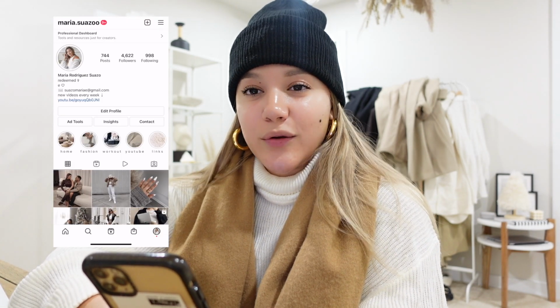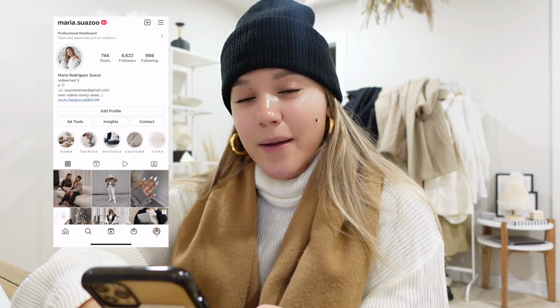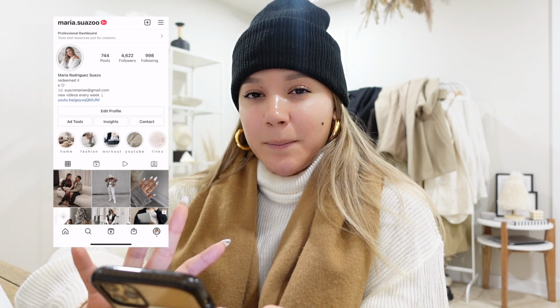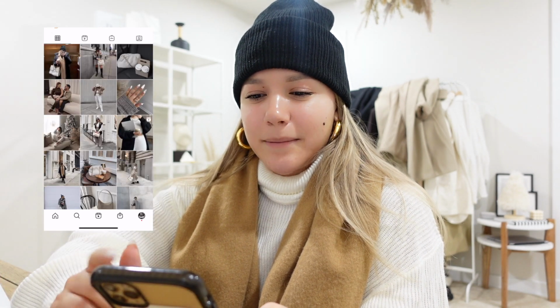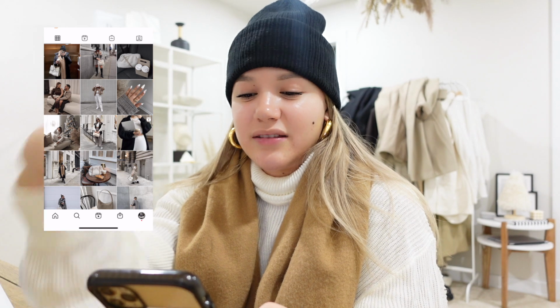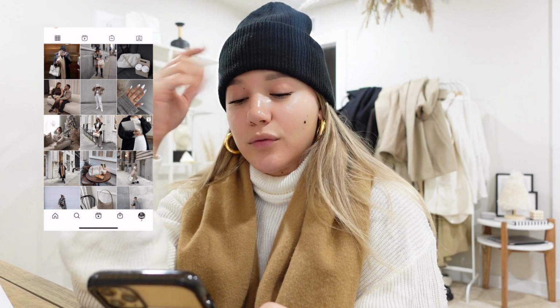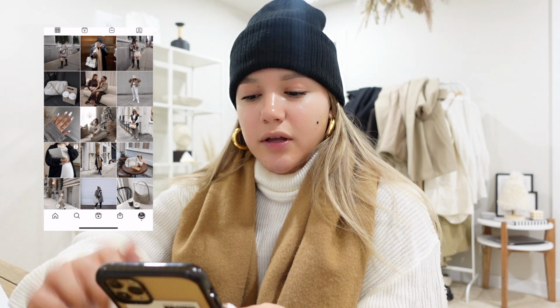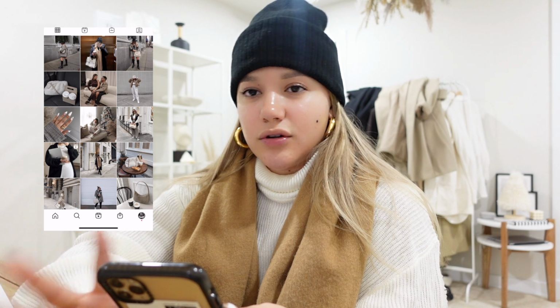This is a huge secret I'm letting you guys into, but I have a whole separate private Instagram that I don't follow anyone on, and it's completely private, and I basically just use it to plan my feed. I know there are planning apps out there that you can use, but I've just never looked into it. This is so much easier for me, and I can also play around with reels on here to see how reels look. So I'll go to my fake Instagram, I'll post the picture, and then I look through and see if it fits the vibe of the page and play around with it to see what works. And this is basically how I plan my content. I know that was kind of a mouthful,